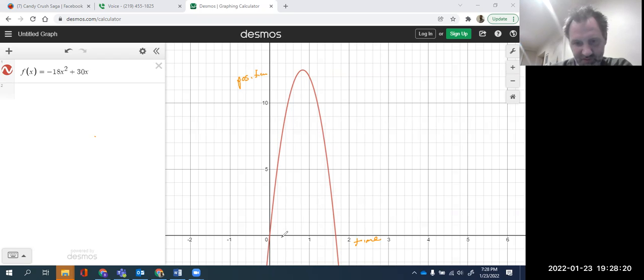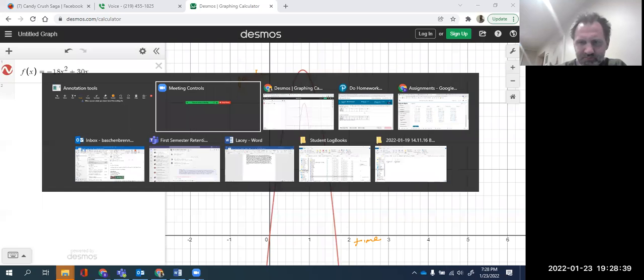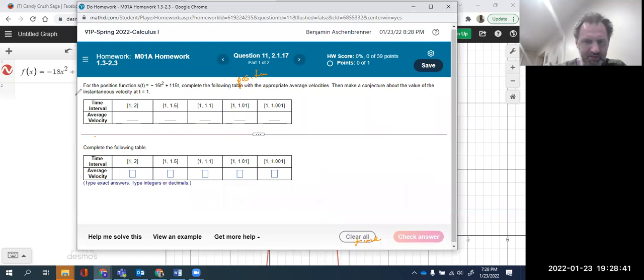So for instance, if we were interested in what's happening between 1 second and 2 seconds, just to follow with their example. If we go back and look at the table, we're going to end up plugging in values for 1, 2, 1.5, 1.1, 1.01, and 1.001. So I'm going to just make that